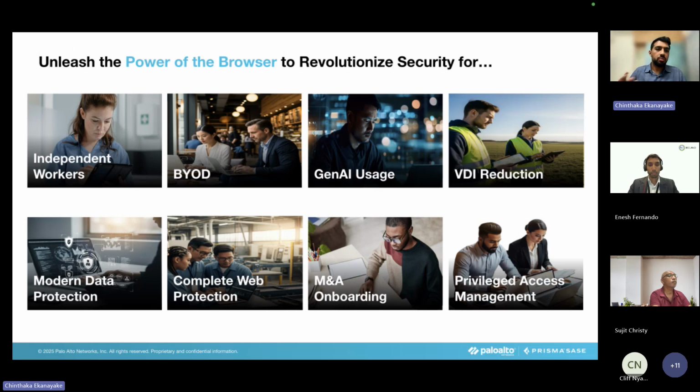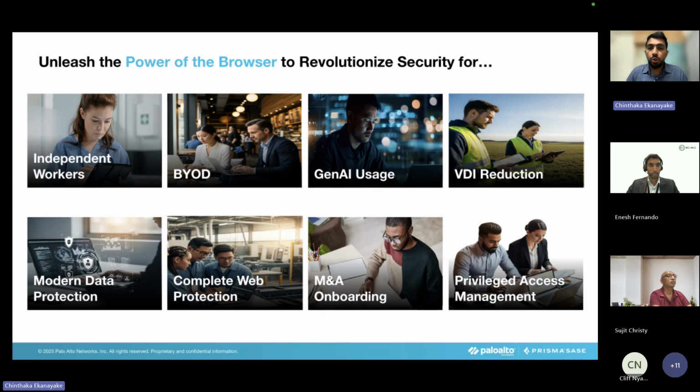Even you and I personally, if we have to access corporate data using our personal devices, let's say there is a VPN that I need to install, I will install the VPN and I will access the data. And then I don't want it to be always on or continuously monitoring what's happening on my device, right? So I would disconnect it. Then it poses a security challenge in terms of the device that is connecting, what is present on that device, whether that device is compromised and all of that.